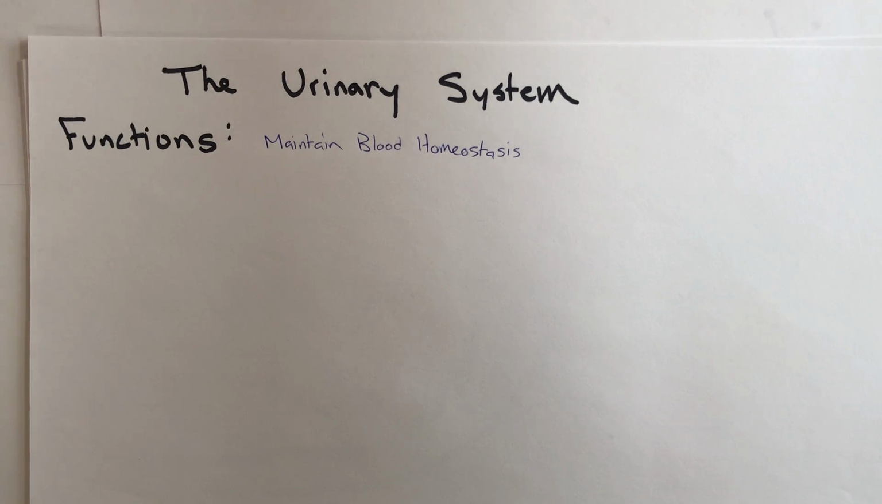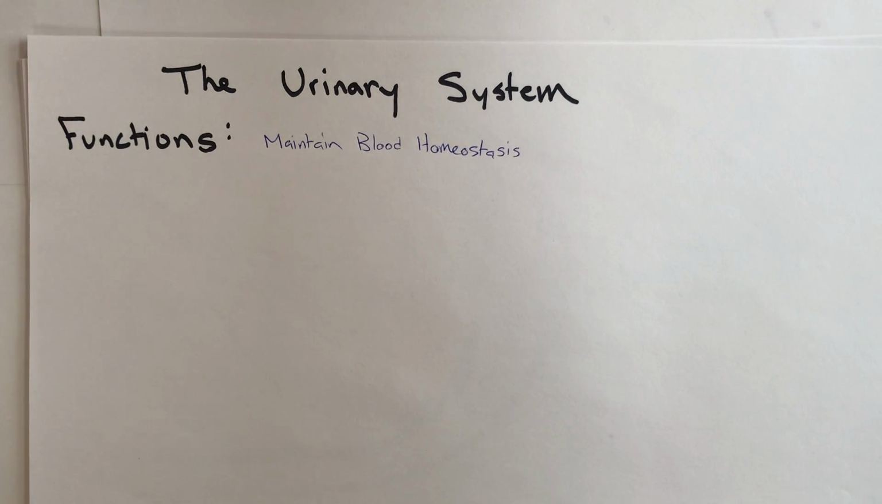This video is the basics of the urinary system. The functions of the urinary system include maintaining blood homeostasis, ridding the body of nitrogenous wastes, toxins, drugs, ions that are in excess, producing renin to maintain blood pressure, conserving vitamin D, conversion of vitamin D, and